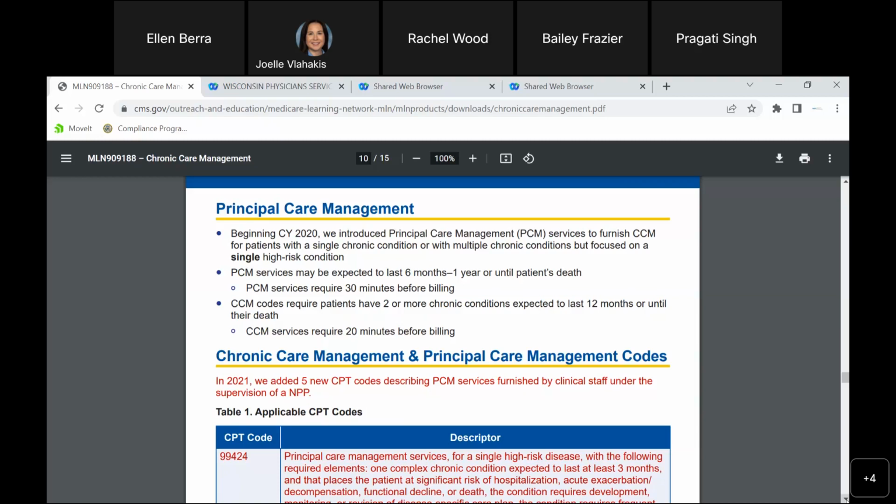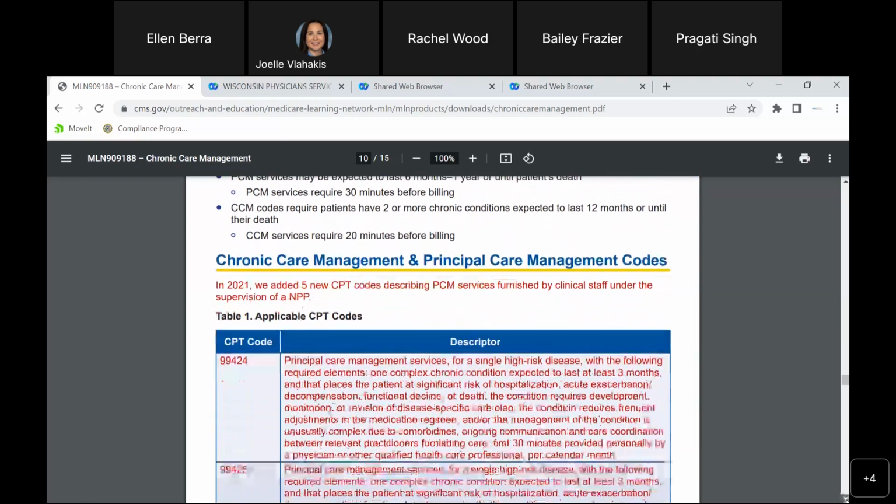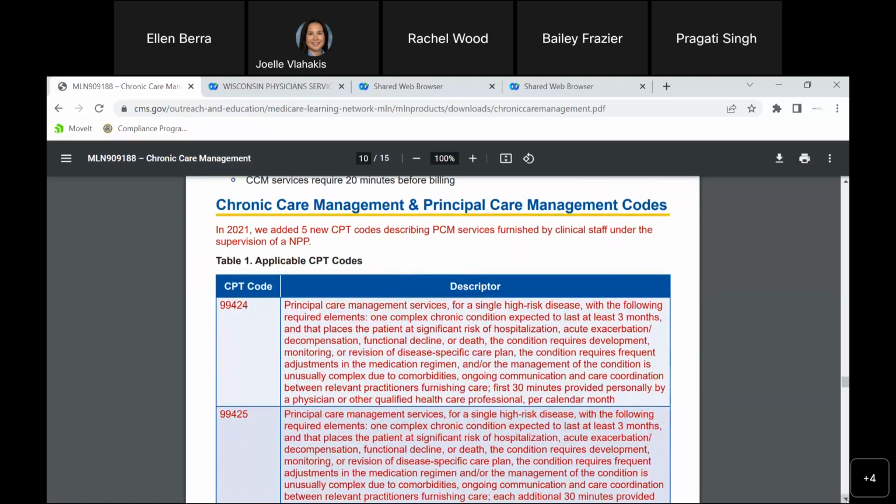reactive way. Now we're going to scroll down here just a little bit to the procedure code on principal care management. And I want to show you this section right here. Okay, and the condition, it's not just that they have this single chronic condition, but the condition requires either frequent adjustments in the medications or the management of the condition is unusually complex due to comorbidities, ongoing communication, care coordination,